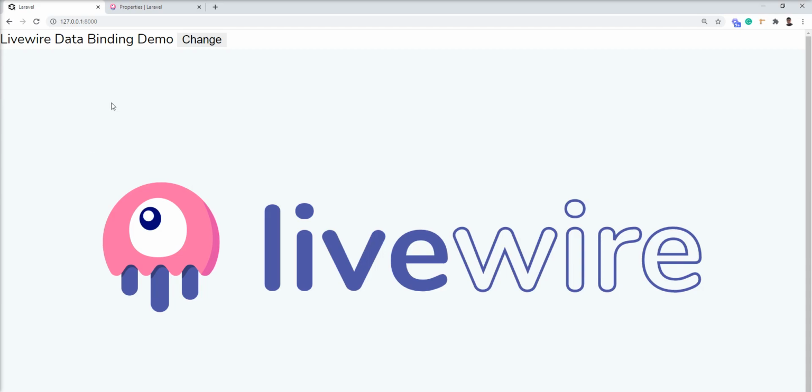Now I want to bind the title variable with an input element, and I want to change the title when I type into the input, and this title should be instantly updated. Livewire instantly listens to an input event and makes one AJAX request to re-render this component.